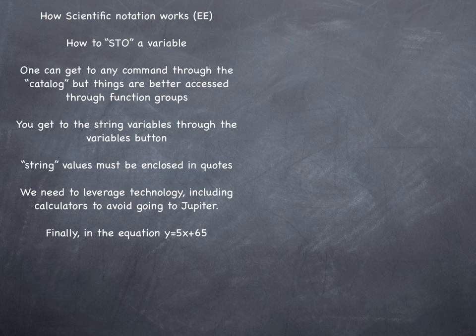Finally, in the equation y equals 5x plus 65, that is the standard slope-intercept form of an equation. 65 being the y-intercept, where that function, which is a straight line, crosses the y-axis, and 5 being the slope, which is the change in y over the change in x, or the rise over the run. Again, if the North Star is at